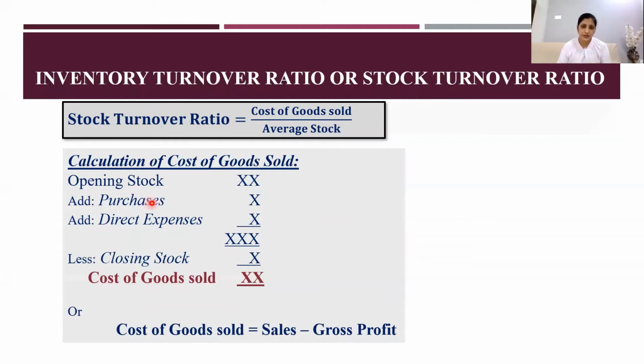Opening stock. Okay. ನೀವು ಮೊದಲ ಟ್ರೇಡಿಂಗ್ ಅಕೌಂಟ್ ಅಂತ ಮಾಡ್ತಿದ್ರಿ. That exactly is the cost of goods sold. Only thing is there we are not considering profits and incomes. Opening stock, for this you are adding purchases and then adding direct expenses. Okay. For this you are reducing closing stock. That is, cost of goods sold should be purely concerned with your purchases.